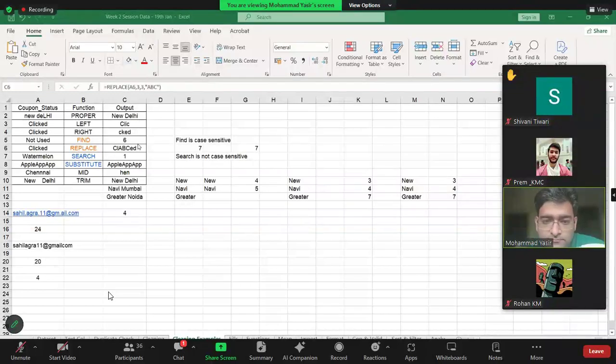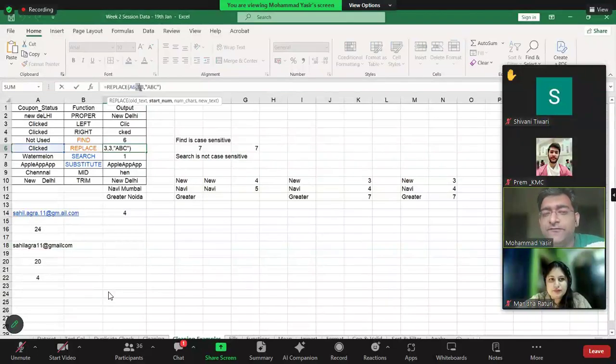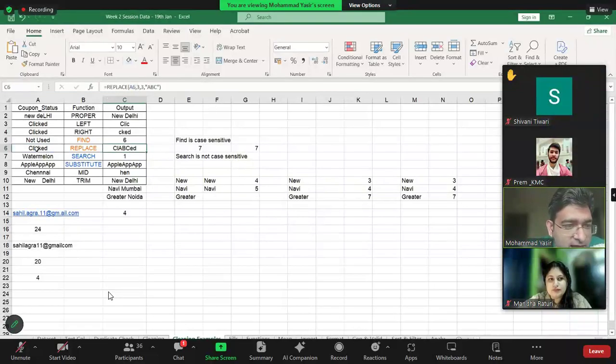Actually, I'm unable to understand Prem's question. We come to that. That is the next point I'm coming to. Prem and Rohan have essentially the same question. What Prem is saying is: why do I need to say that I want to start from position number 3? For the end user, it is a cumbersome process. Let us say I know that I want to replace ICK with ABC, can there be a more automated way to do it? Right now, I have to give 4 arguments.